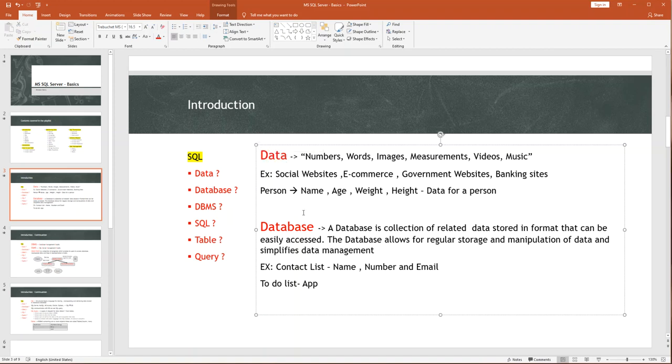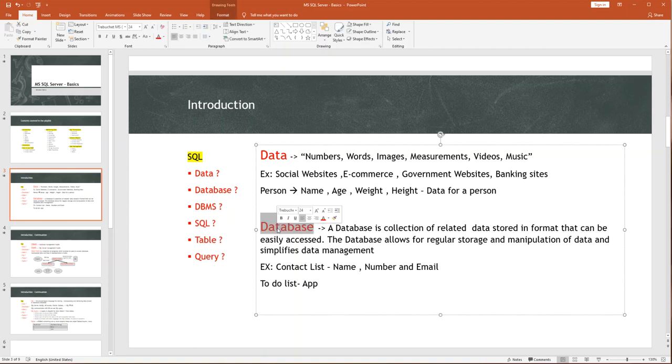Basically, in the present world, we are seeing data everywhere. So it's very important to understand that we can get it anywhere. The only problem is how do we process this data, which is a challenging part in the coming days. Okay. And once we have the data, where are we storing it? We are storing it in a database.